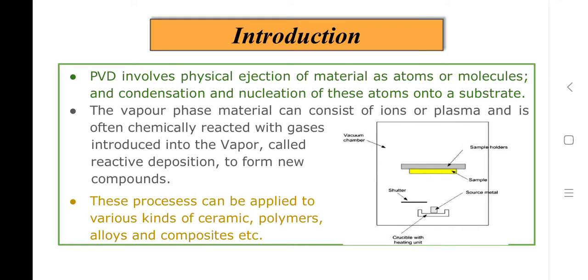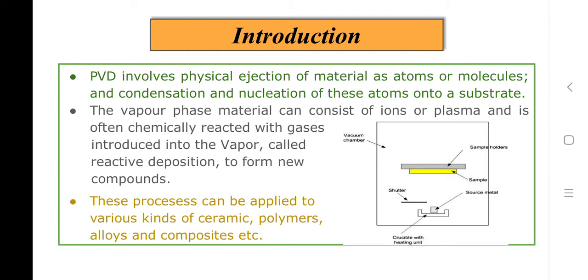That means from this line we can understand that we have a certain kind of base material which we agitate by maybe some laser, or electron beam, or current, or thermal energy, and that releases some kind of atoms, molecules, or plasma materials. Then, with or without certain vapor gases, that material, or those ions and molecules, can deposit on the substrate which we are going to modify.